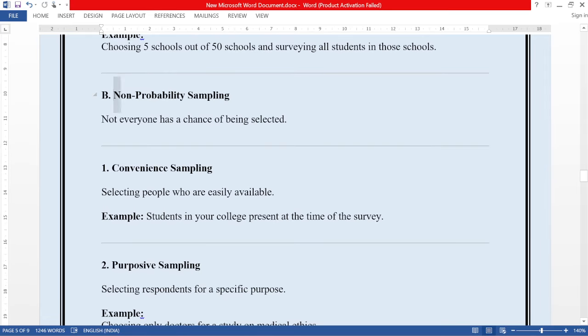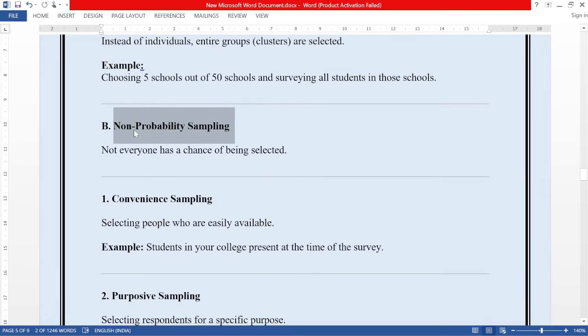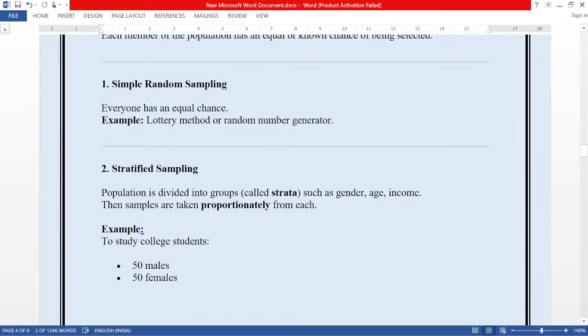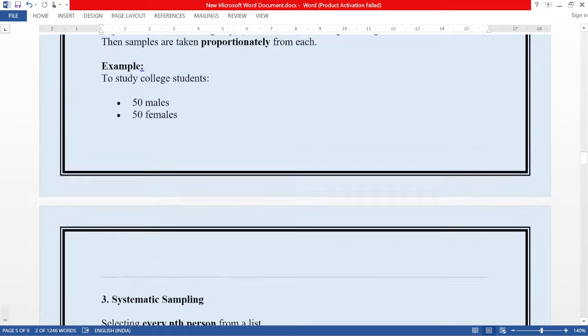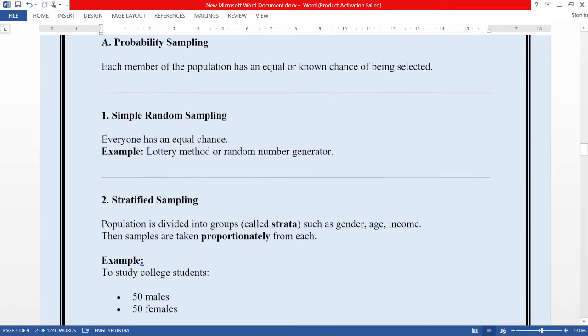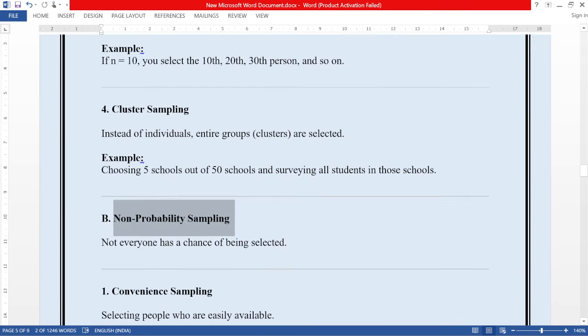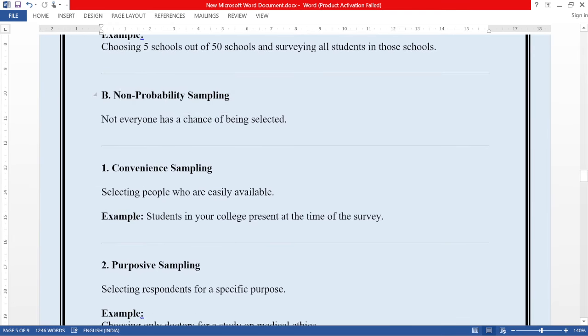Now, after probability sampling, we studied its types: simple random sampling, stratified sampling, systematic sampling, cluster sampling, and now we are studying